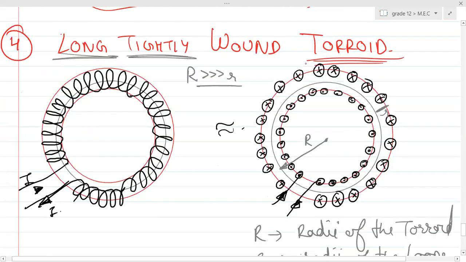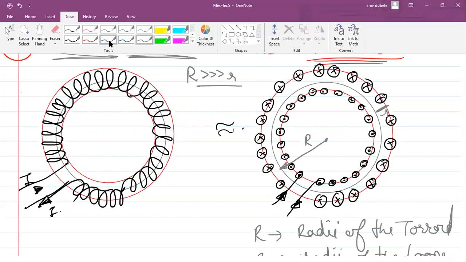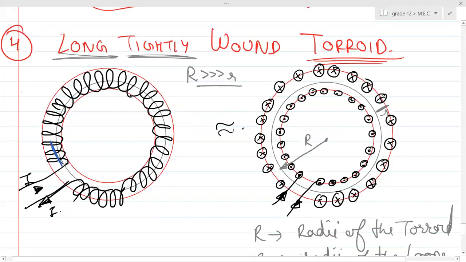See, in case of a toroid, suppose none of the magnetic field is leaking out, so it was just a long solenoid, like a slinky, and you just connected both the ends of that solenoid, right? So basically, by providing a circular shape to the solenoid, we gave a direction to the magnetic field. If I want the direction of the magnetic field at any particular instant, I'll draw a tangent at any point.